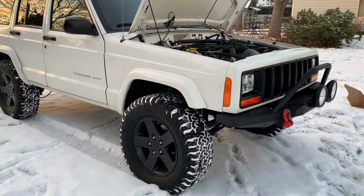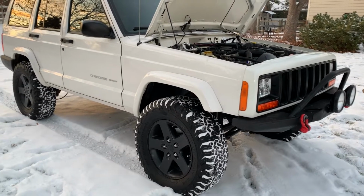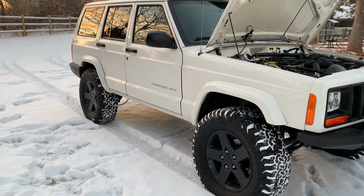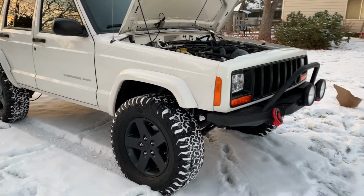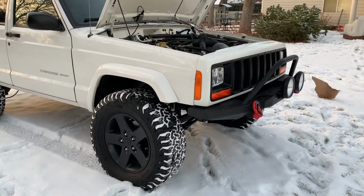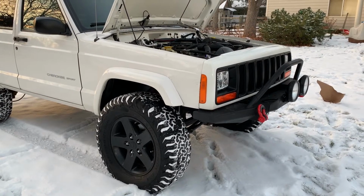This Jeep has a Pro Comp lift kit on it. Looks like it's about 3 inches, maybe up to 4. There is a shackle in the back on the leaf springs, which I think are just the original leaf springs. Then it's got transfer case drop. It's got lower control arms, spring shocks,